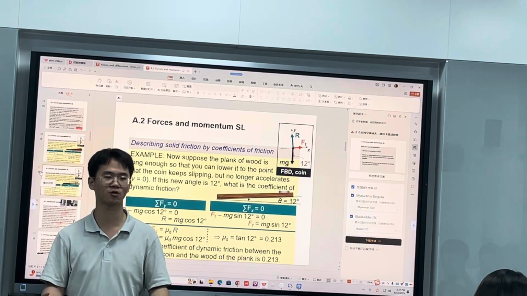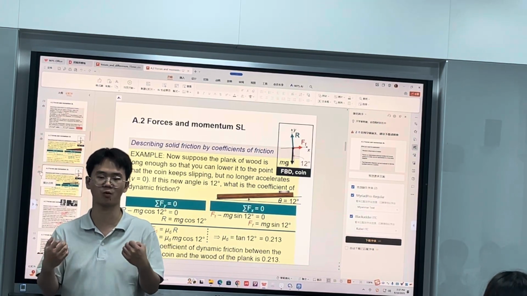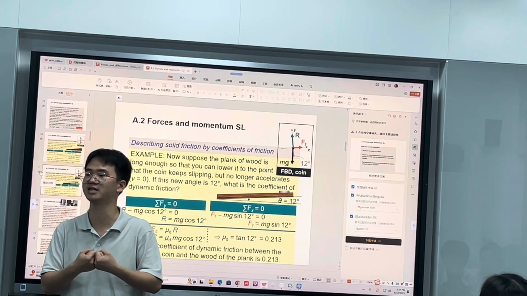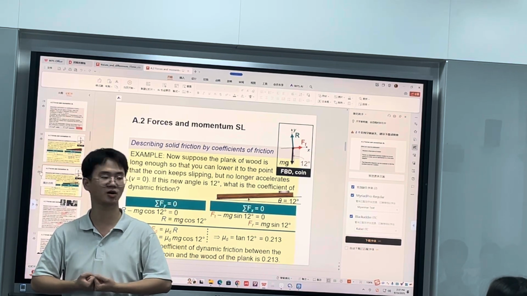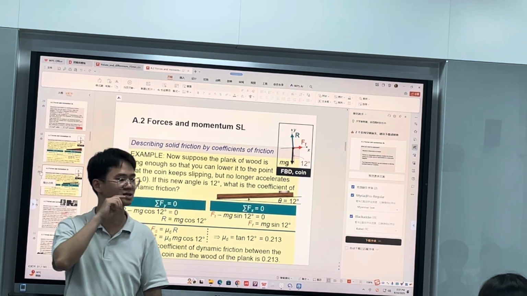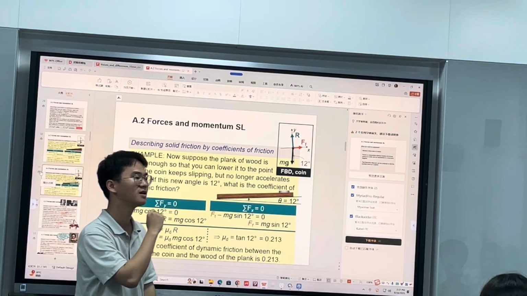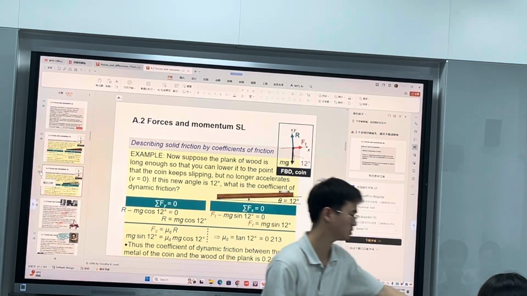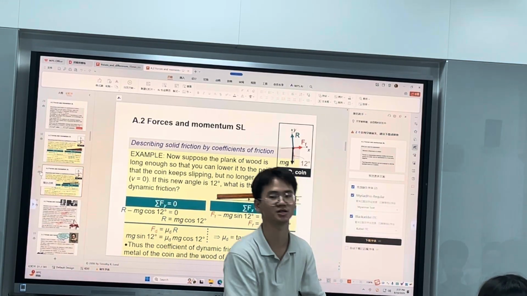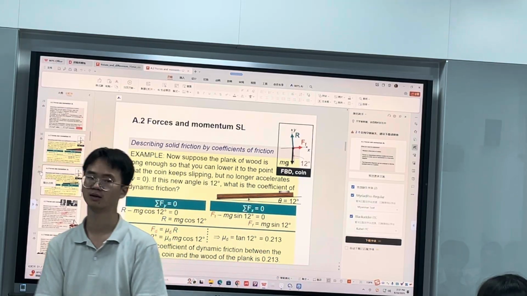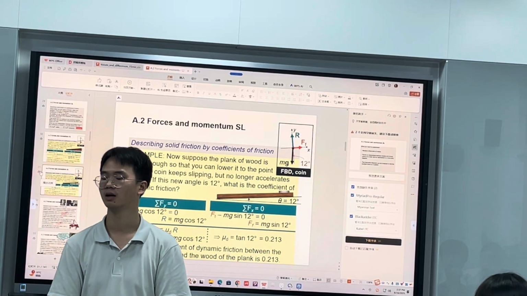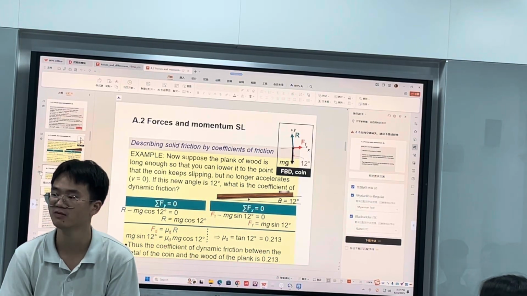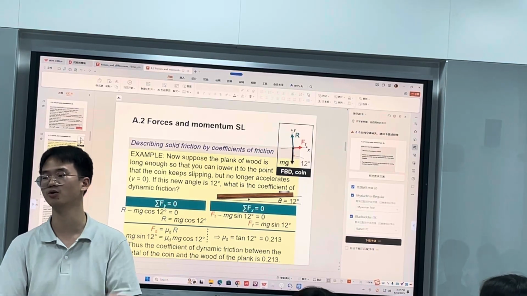Contact force basically requires objects in direct contact. Can you give me some examples, Jason? Friction, right? You need to touch it in order to have friction. What else? Reaction, or supporting force, normal force,